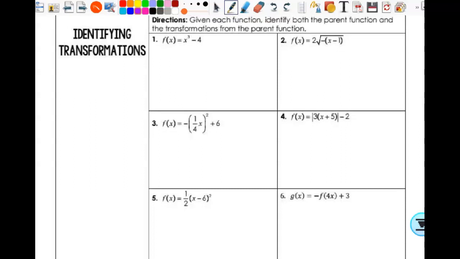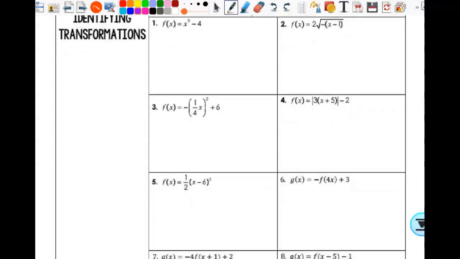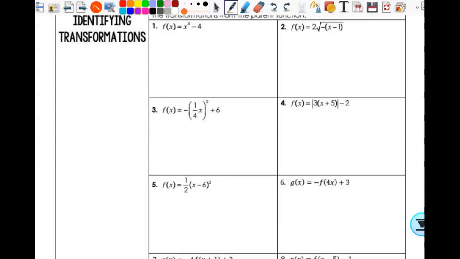We're not going to necessarily identify the parent function. We're going to talk about it, but we're not going to write it down. They don't all have parent functions anyway. We're really just going to worry about the transformations here and how to write them correctly and how to talk about them correctly. It is important if you have an actual function, like here, this is clearly a cubic function,